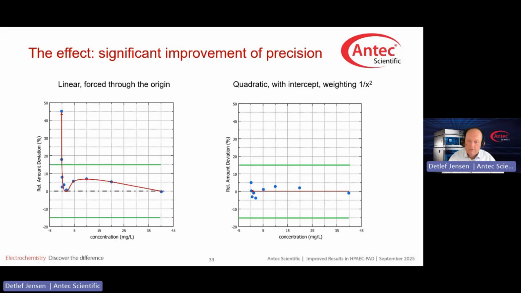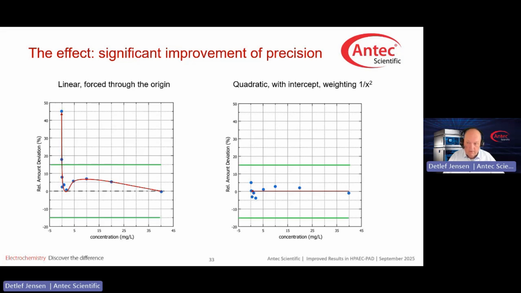you'll find the results of a linear calibration plot which is forced through the origin without any weighting. This is still the standard approach commonly used in many laboratories still today. If you follow the values from high concentrations to low concentrations, this direction, you will see that the deviation increases as the concentration decreases. But if you treat this data set, the same data set, with a quadratic calibration model,